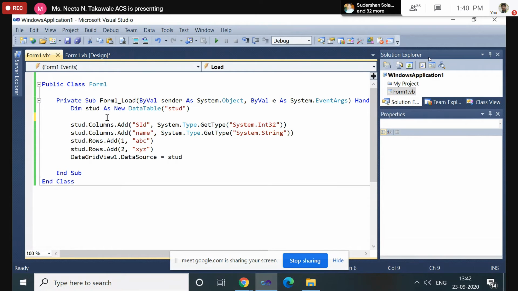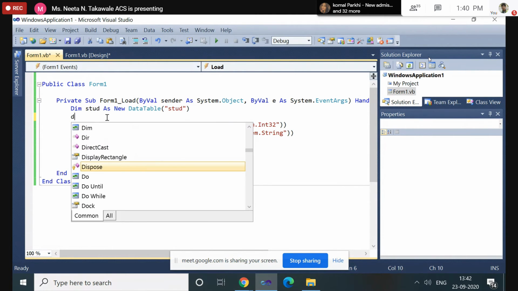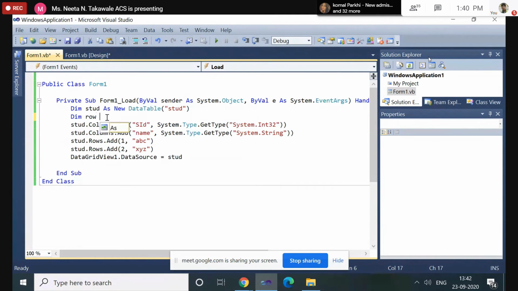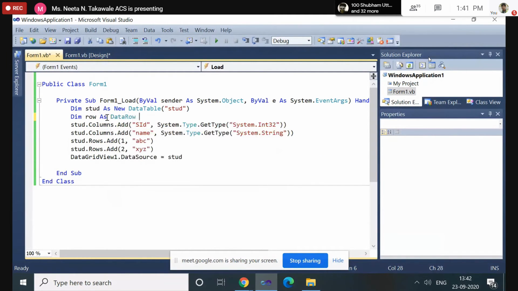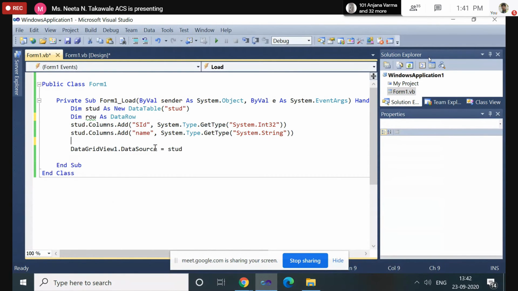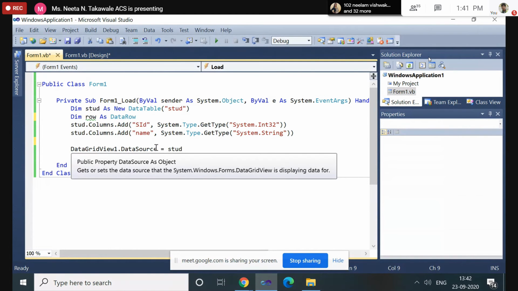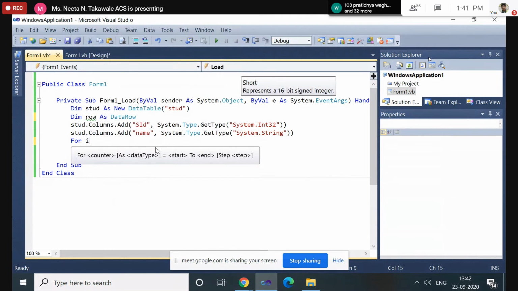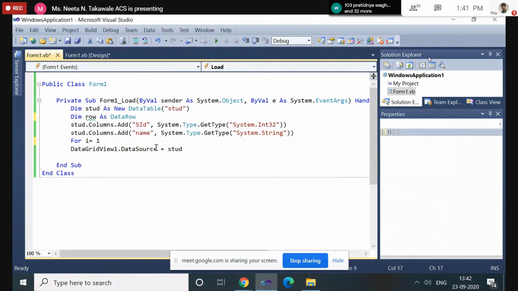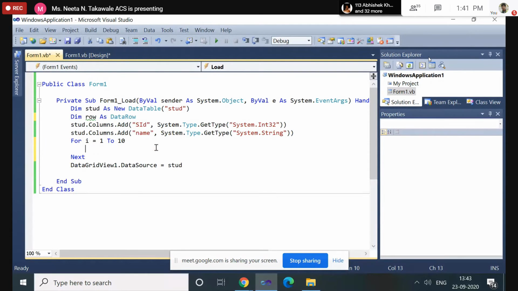For that we require one object, the row object, and it should be of type DataRow. And take a For loop. For I equal to, we know that the roll number always starts with 1, and if we want to add the first 10 numbers, we take 1 to 10. So here we have taken the For loop.